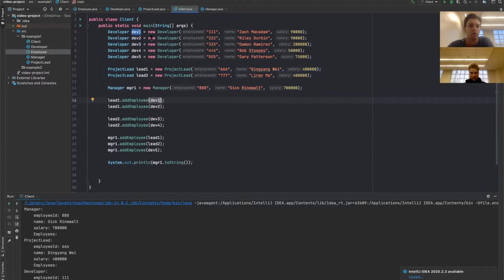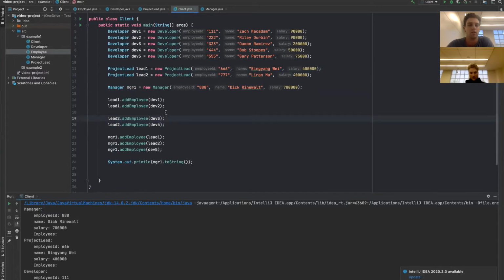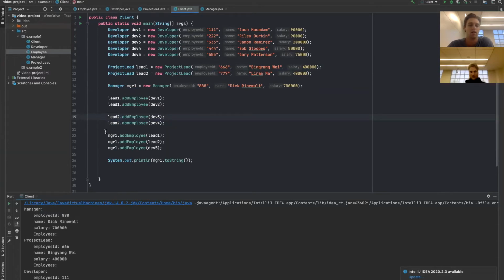add developers 1 and 2 to his team, and then for Dr. Ma, we'll add developers 3 and 4 to his team. And adding these to them is adding leaf nodes under their composite node. And then the manager who oversees everything, we're going to add the, after we add the developers to the project